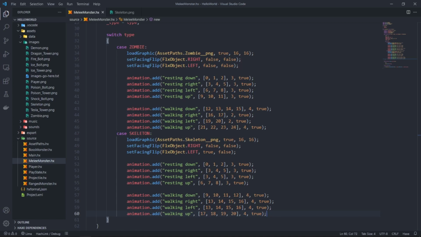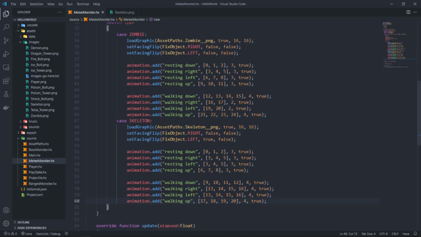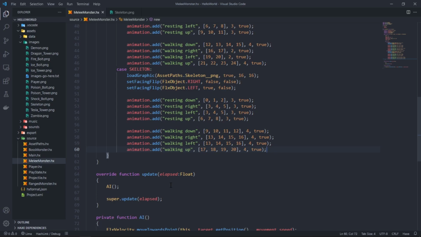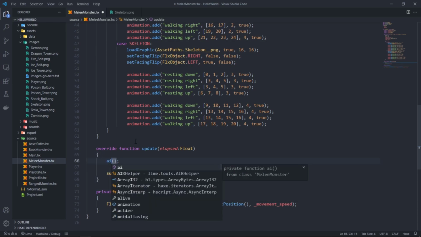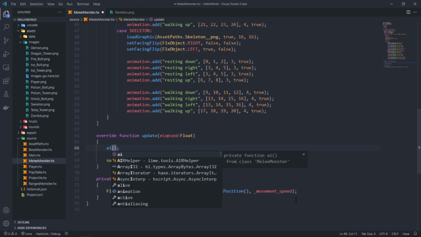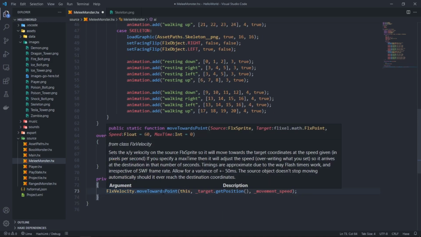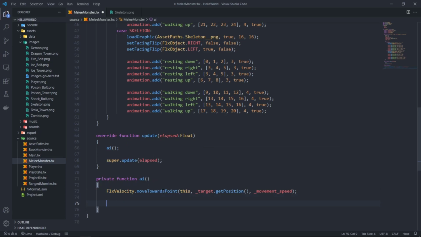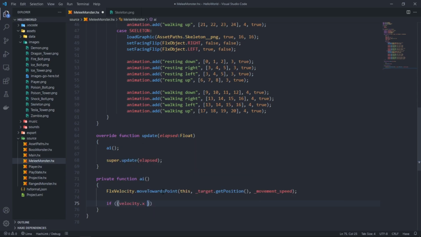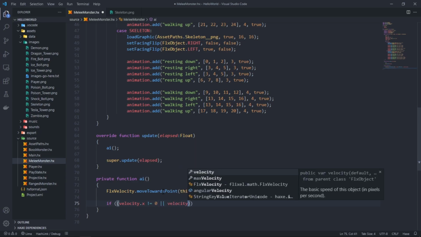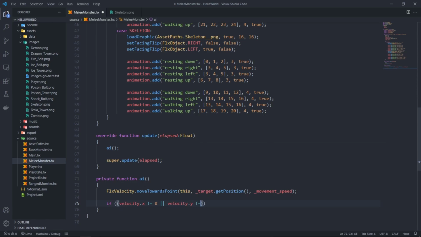So next up, we want to set up how it handles the information. Now I just want to change the name from AI capitals to AI underscore, just to fit with the naming scheme of things. And then under here where we say move towards a point, we want to go, if the velocity.x does not equal 0, or the velocity.y does not equal 0,